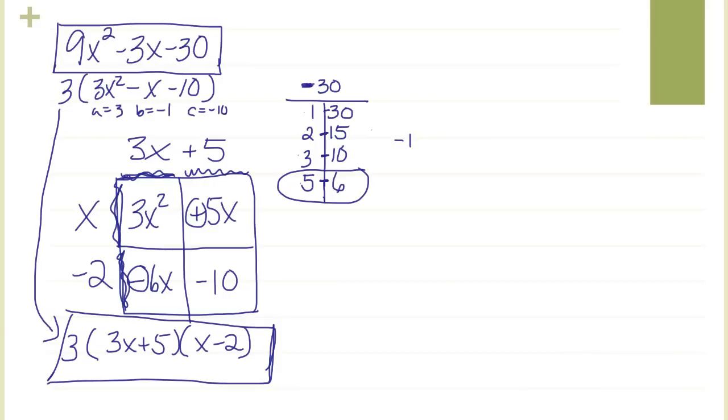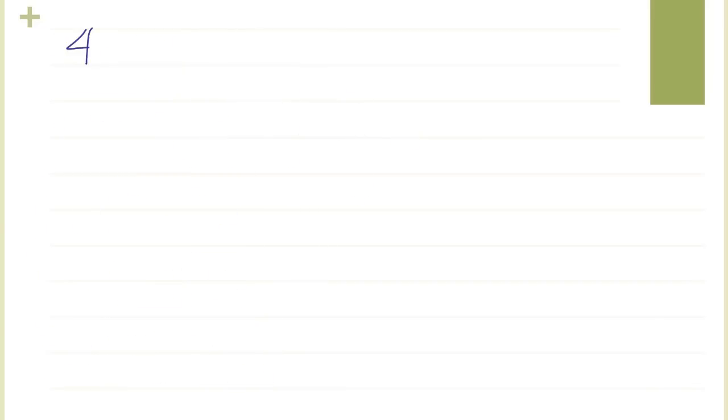So I would go back and fix that last step if you wrote out those steps, and make sure that you know to bring that back at the end. I said write it as a product of the two binomials, but got to remember to bring that GCF back in. Okay, let's do 4x squared